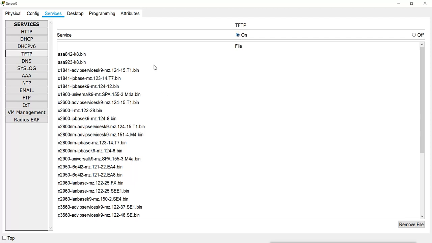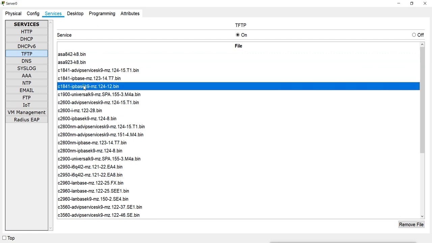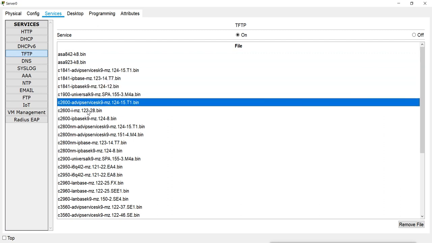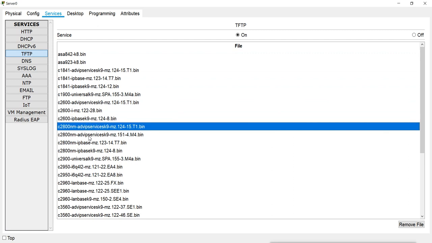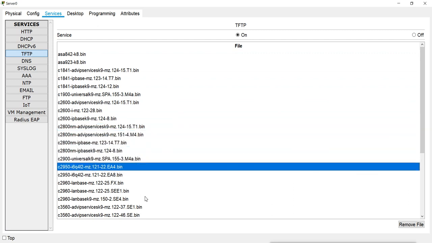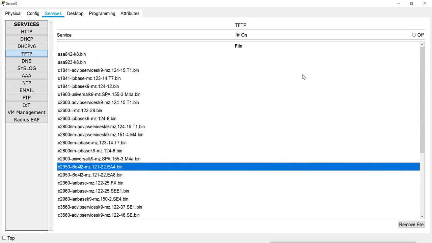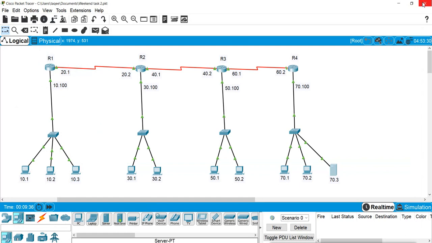So we can use this virtual server as a TFTP server also. And if you see here, it also has some flash IOS files stored here. These are some sample IOS files. It is already there, so we can use this server as a TFTP server.